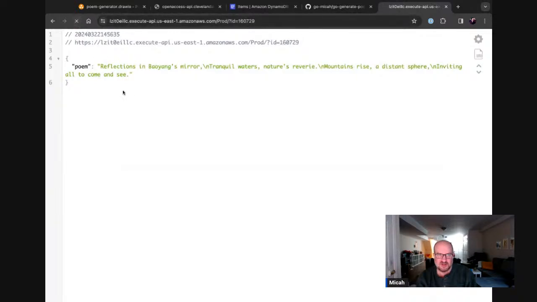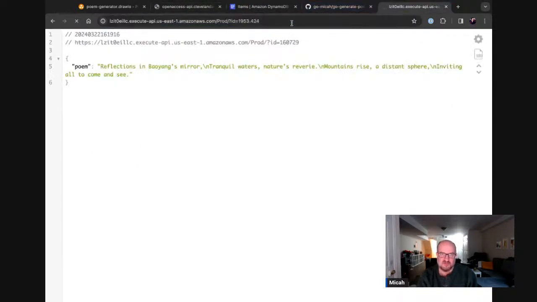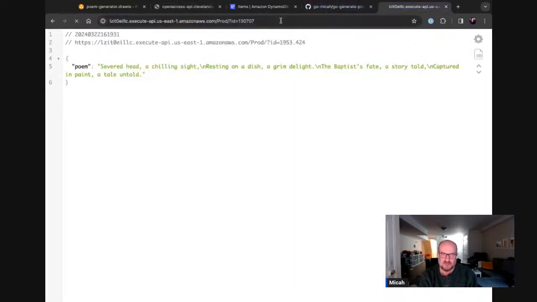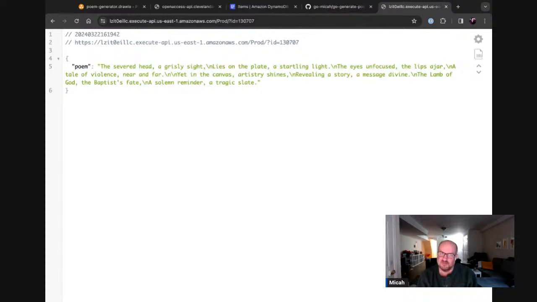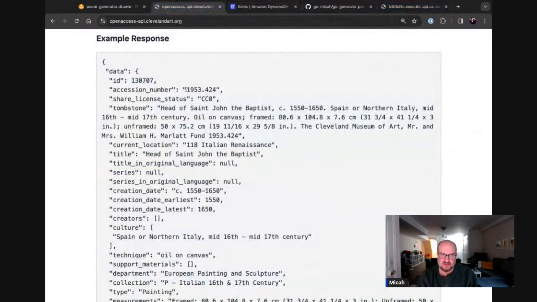So if I curl this in the browser, I get my poem. If I do it by accession number, I get this other poem. If I do it by this thing's ID number, 13707. Is that right? Yes, I think.